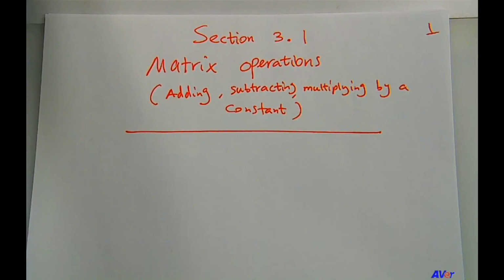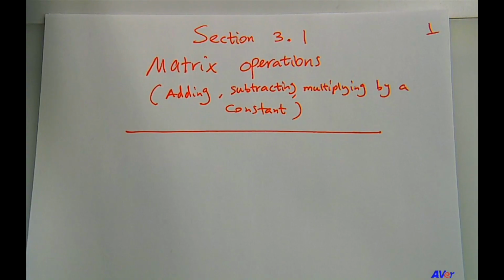Subtracting and multiplying a matrix by a single value. And then in the next section, 3.2, we will talk about multiplying two matrices. And then in section 3.3, we will talk about taking the inverse of a matrix. For various reasons, we cannot divide two matrices by each other, but instead of dividing two matrices by each other, we multiply one by the inverse of the other one. So it's important for us to know how to find the inverse of a matrix, which we will do in